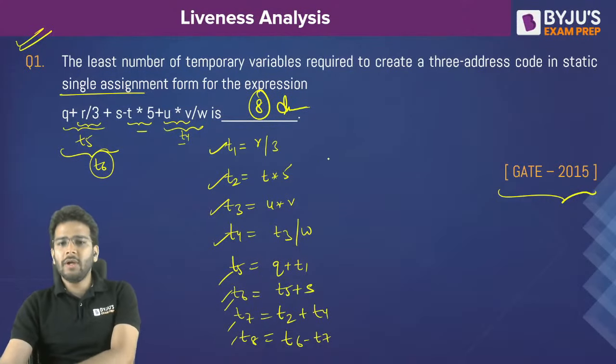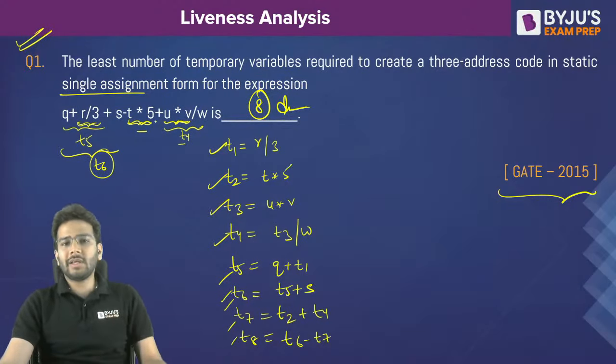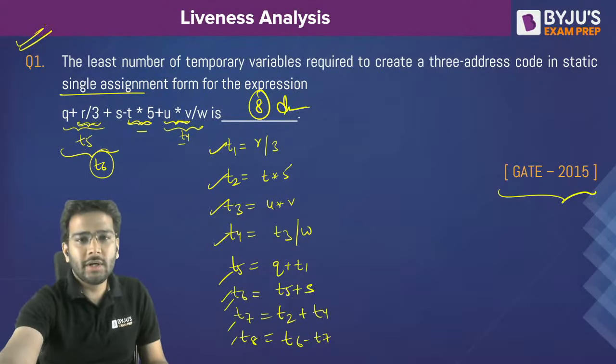Is it clear to all of you? In any order you can perform, but as you know, division and multiplication are going to have higher precedence. So we are performing that first, and then we can go for either addition or subtraction. Is it clear to all of you? That is why we can say 8 is the correct answer, and very good all of you who have solved this question correctly.